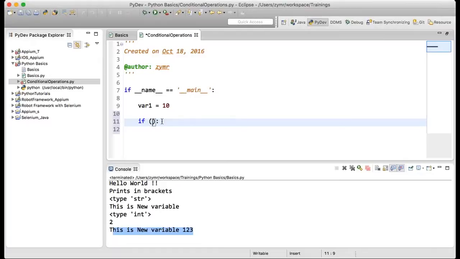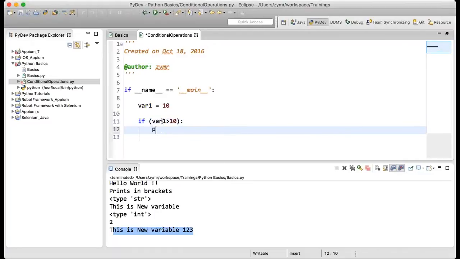The condition which you want to evaluate is something you have to provide in the bracket. For now, var1 is a numerical integer. So if var1 is greater than 10,